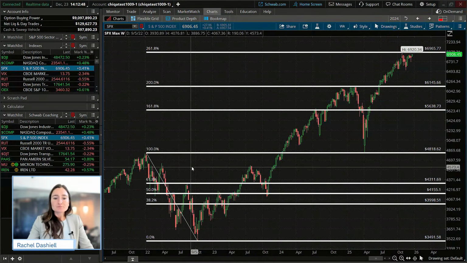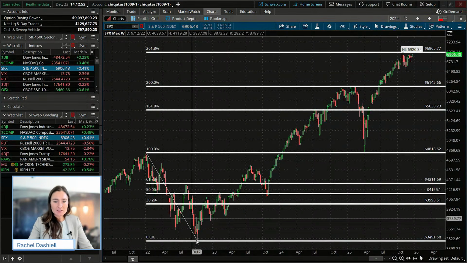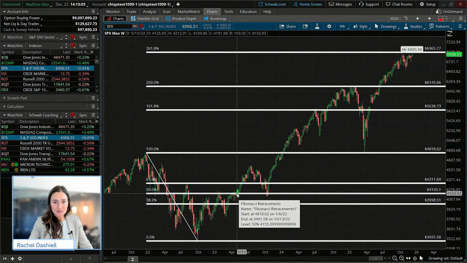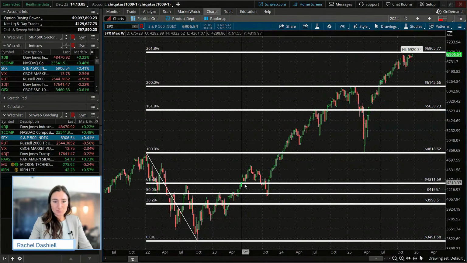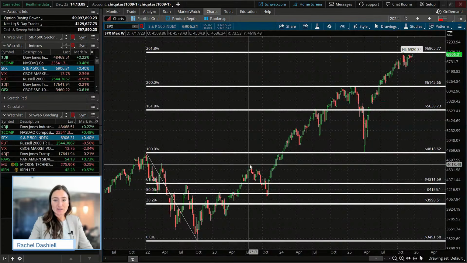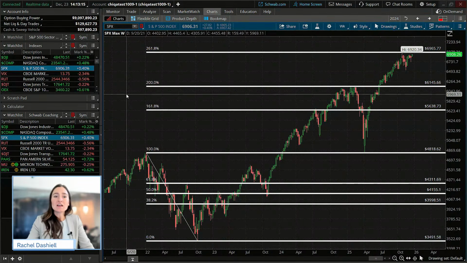And so this is kind of what we're looking at where we draw those highs to lows here. It allows us to say, okay, if we cross above the 38.2% retracement, we'll likely go to the 50% retracement. And if we cross this percent retracement, we'll likely make it to the 100% retracement. But if we don't, we may see a retracement to another one of those levels before pushing higher.